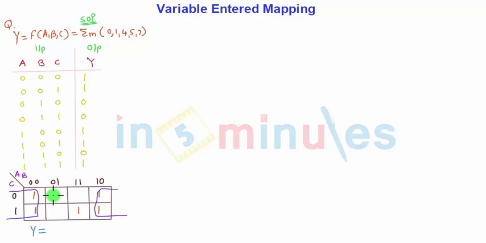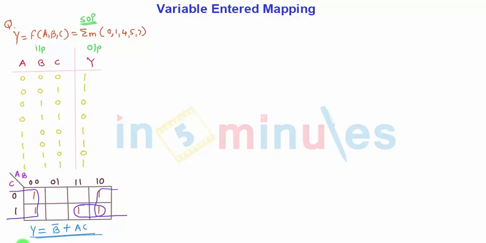If you go straight upwards, it's B bar, and straight leftwards no bit is common because C is 0, C is 1, so both are variable. Plus there's another group of 2, so we can form a group of 2 here. For this group of 2, go straight upwards, A bit is common and C bit is common, so the equation is B bar plus A C. So this is your final expression, the reduced logical expression using K-map.